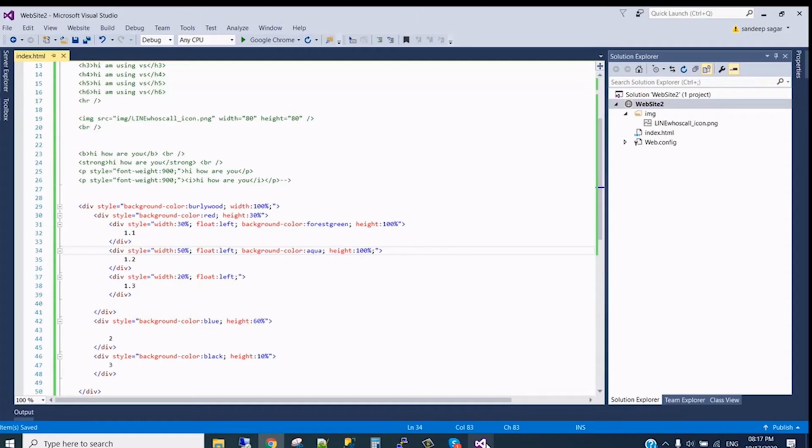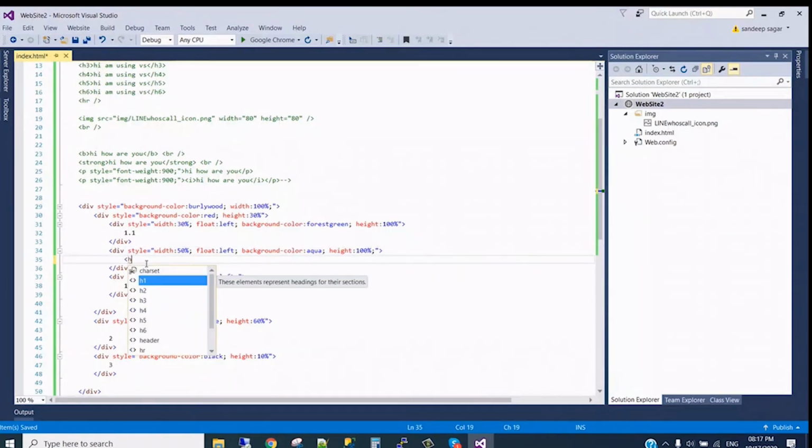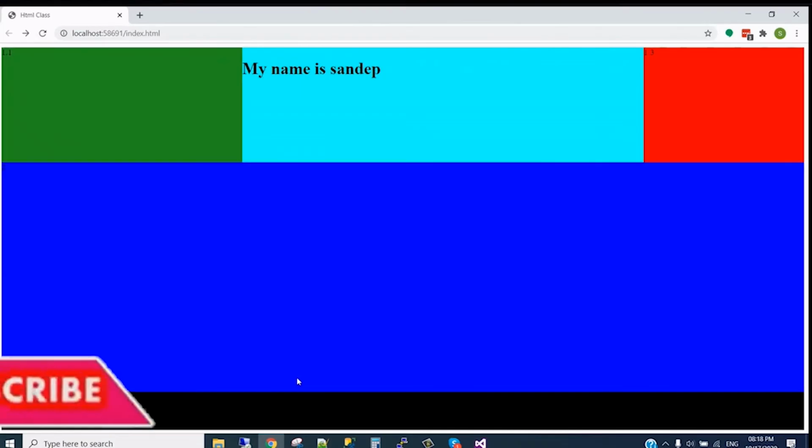I want this text, for example my name, to come here, and this would be the center of this div. Okay, then we can use anything, like an h tag, a paragraph, whatever we want. My name is Sandeep. Okay, if I give this, see what's happened.